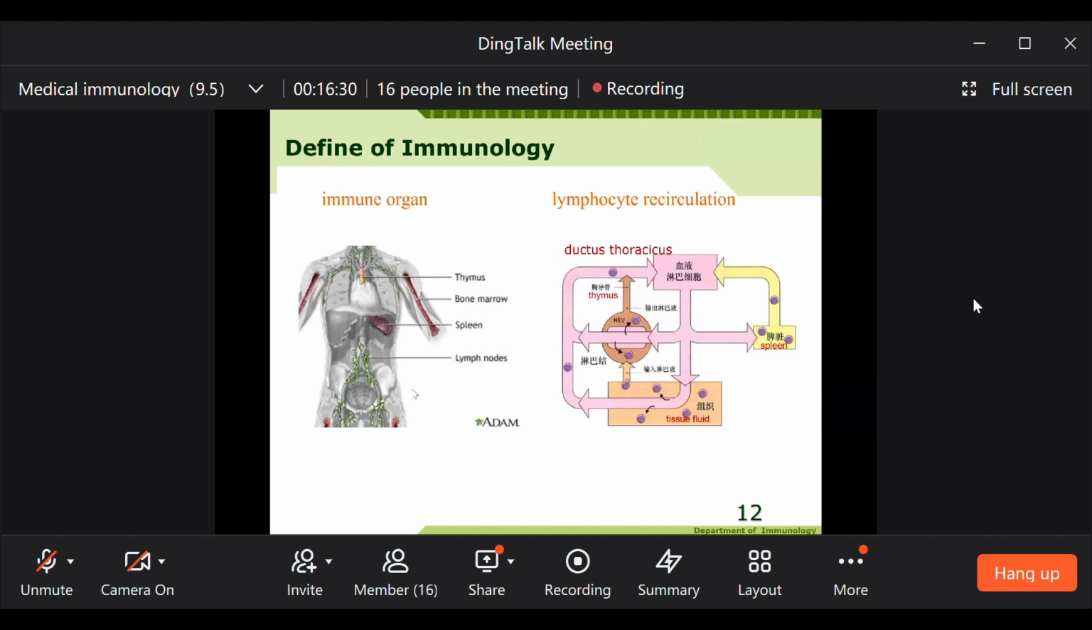So, what is the immune system? This is the immune system, the body that protects us from external agents. From this picture, we can see the immune system is not a simple tissue or organ. It's very complex. The immune system is made of